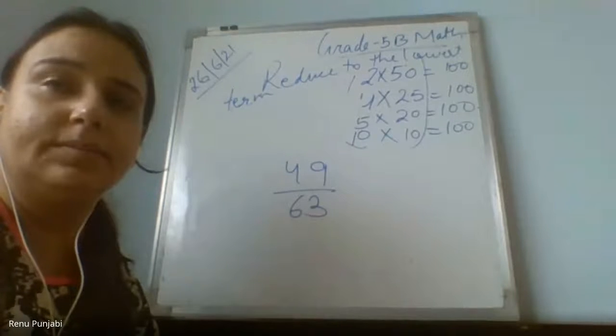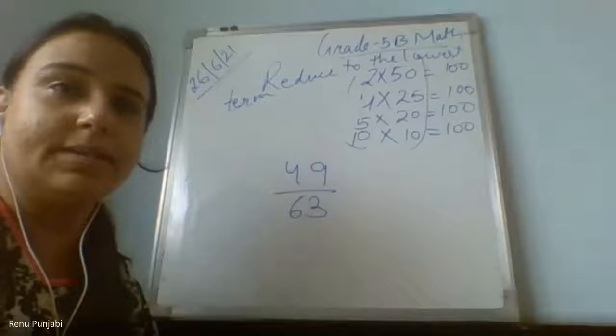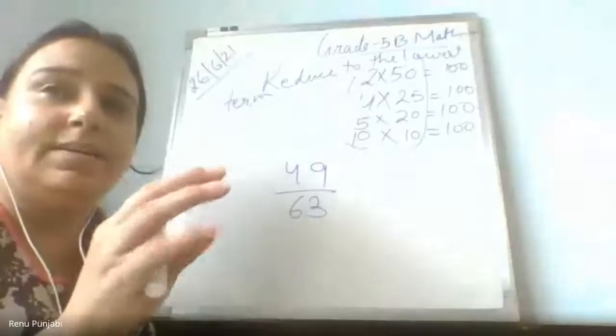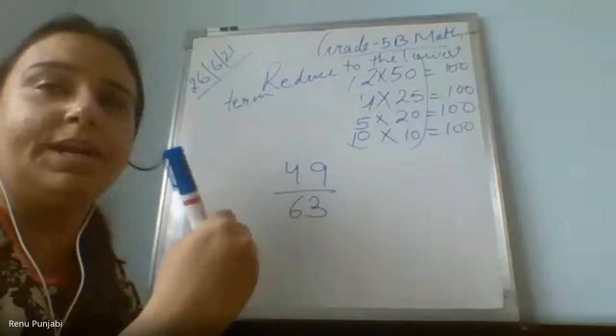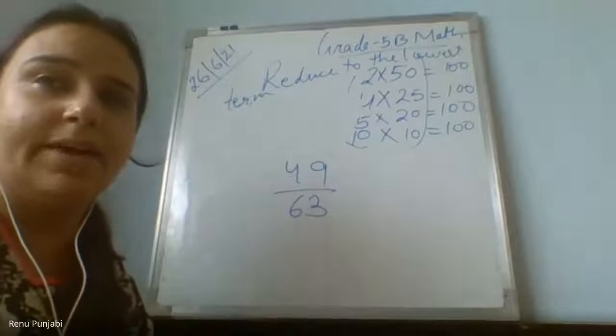Yes. Ma'am, I had a doubt. Yes, please. Ma'am, I was still doing the 12 by 20. I took out the factors. For the 12, it was 2, 6, 3, 4. And for 20, it was 2, 10, 4, 5. So the highest HCF was 4. But now, what will I do with 4? Now divide. Divide numerator and denominator by the HCF.